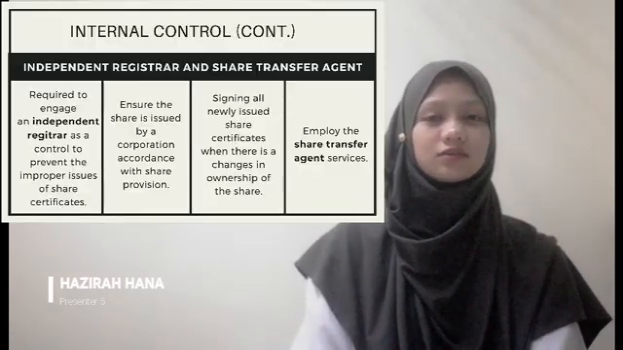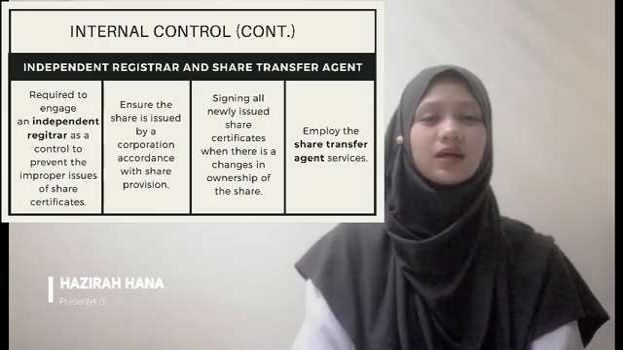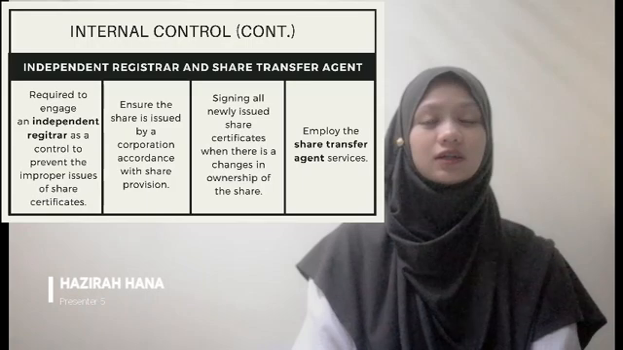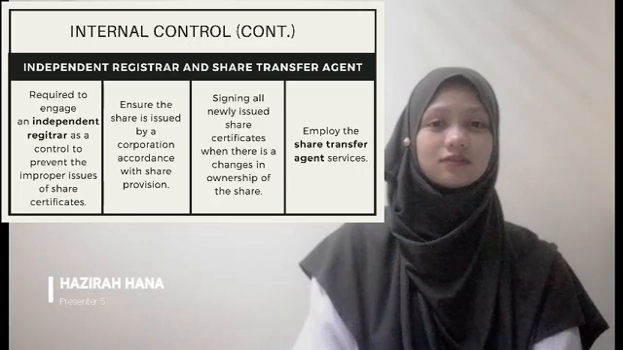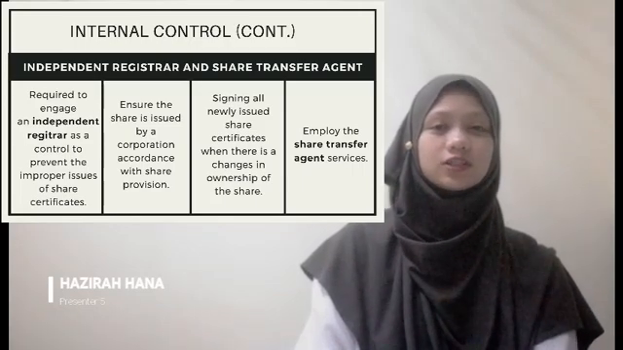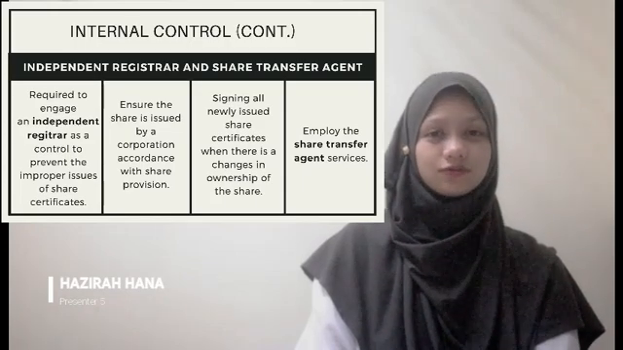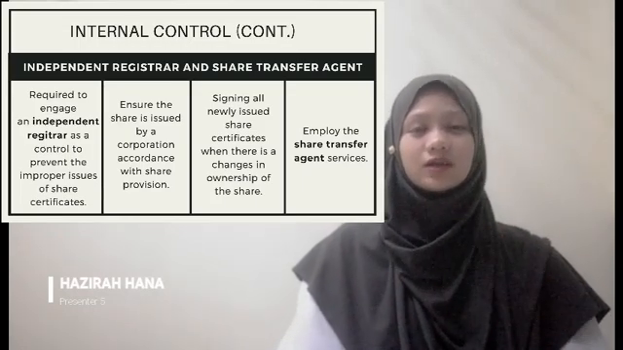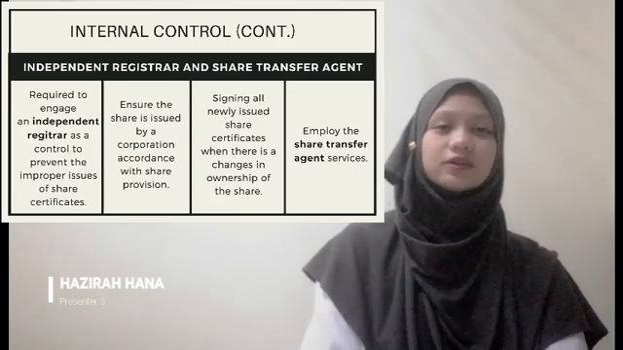The last activities in the internal control are independent registrar and share transfer agent. So the company is required to engage an independent registrar as a control to prevent the improper issue of share certificates. This is to ensure that the shares are issued by a corporation in accordance with share provisions. The independent registrar is responsible for signing all newly issued share certificates when there is a change in ownership of the